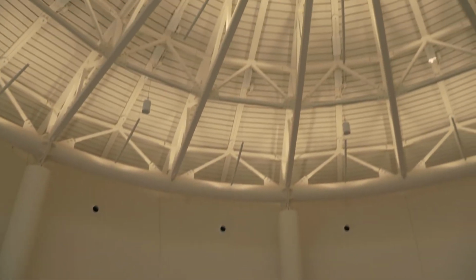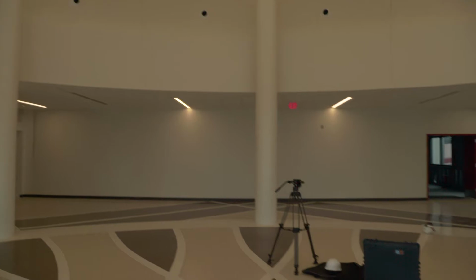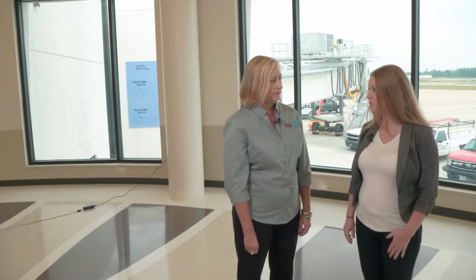So now we're just really working on finishing touches, drywall, paint. We've still got to put our chairs in the waiting area. And then our restaurant is still working on completion. We're currently working on kitchen design now, so we're expecting a date of around March before we see the restaurant open. But when it does, it's going to have a full menu and bar to service our travelers coming